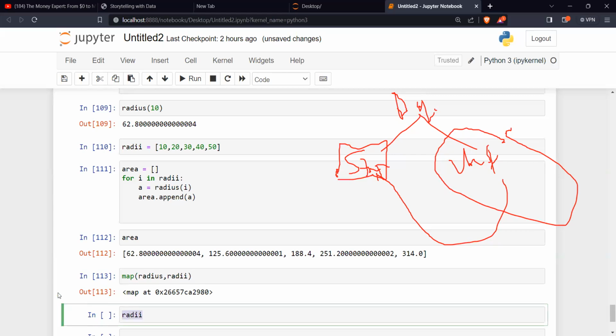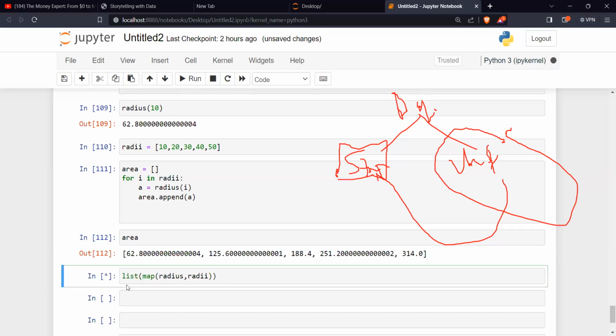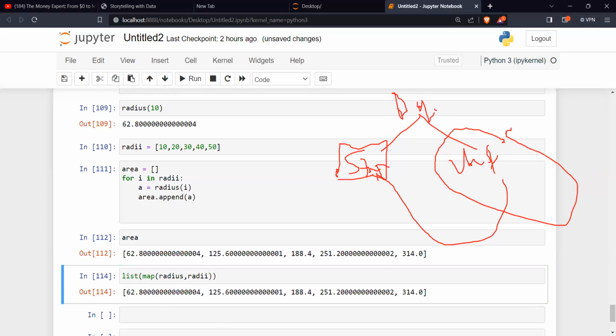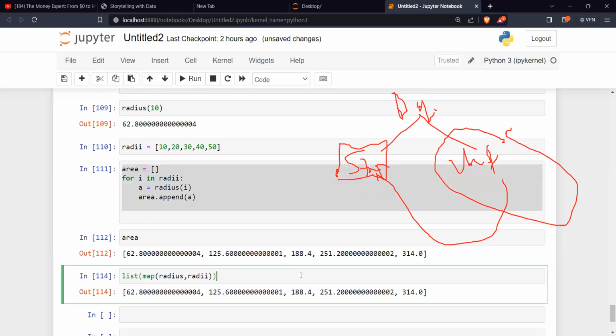Let me put it in the form of a list and see if that will come out. Is it the same thing? Yes, the same value. So what I would have used to write here, I can write in one line of code. Do you see that? So it's called mapping.